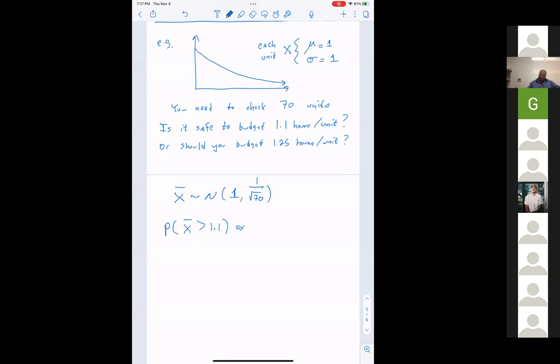So the percentage would be like 19% of the time. I didn't get 19. I got close to 19, but a little higher than that. So what do you do for 1 over root 70? I actually did 1 divided by square root 70 in the normal CDF. Oh yeah, I rounded. So try to be a little more accurate. Literally put in 1 over the square root of 70 there. Okay.